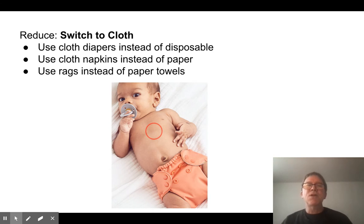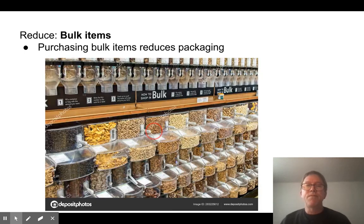So try to avoid intentionally disposable things if they could be replaced with paper or cloth. Another one is to buy bulk. I don't see this much in Korea, but I'm kind of limited in the place I go to shop. But in the United States, most grocery stores will have a bulk food section, and the idea is I can just take the amount I want, and I don't have to buy all that